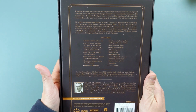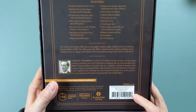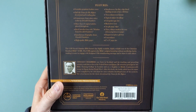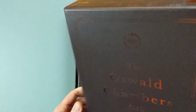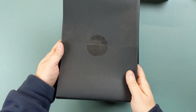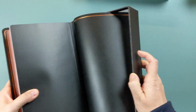The back gives you information about the Bible as well as about Oswald Chambers. It has the ISBN number, and it looks like it was done in partnership with Our Daily Bread Publishing. So this is a really beautiful edition of this Bible. It actually comes wrapped in this black paper, folded up nicely over the Bible, but I've already taken it out. And looking at the Bible itself here,